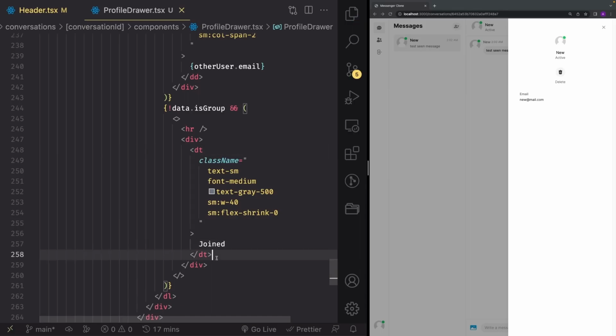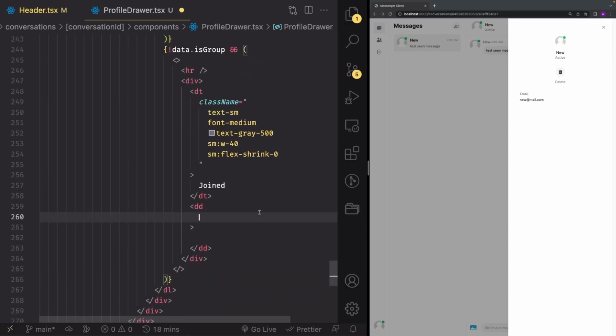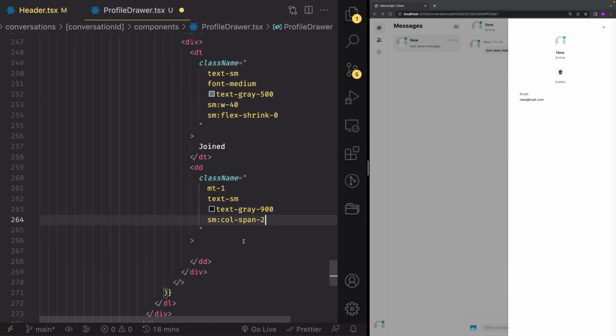So you can already guess what we're going to show in the following element below that, what we're going to name DD, like this. So make a DD element inside, and let's give this a couple of class names. So class name is going to be mt-1, text-sm, and text-gray-900, and sm:col-span-2, like that. Great. And all we're going to do inside is we're going to create a time element again, so we're semantically correct here. We're going to give it a dateTime value of joinedDate,